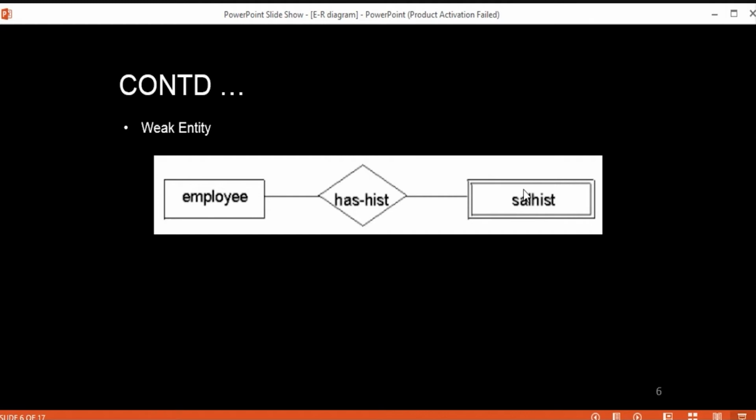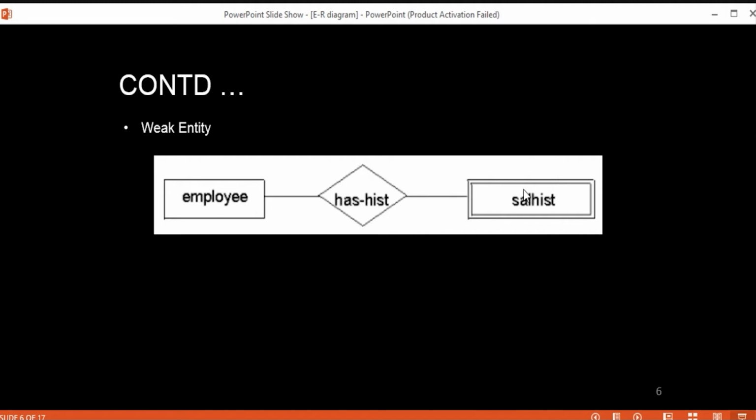Another example can be one company giving its employees travel allowance, for their immediate family members or relatives.